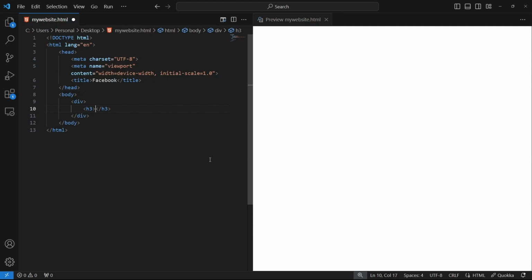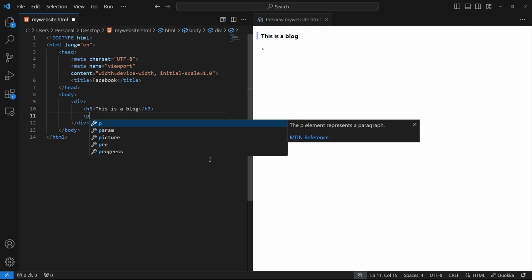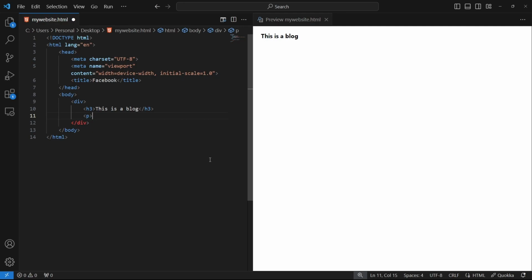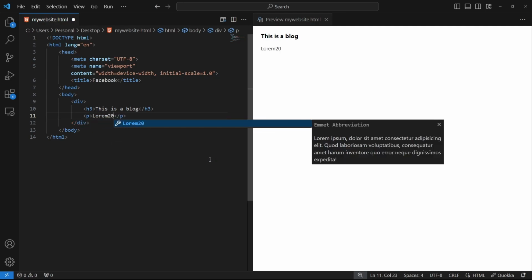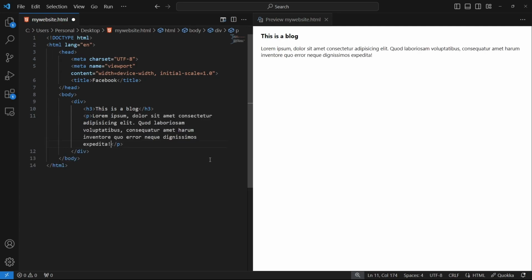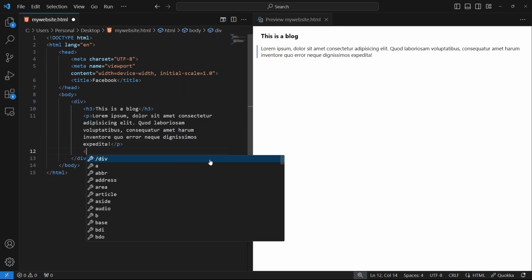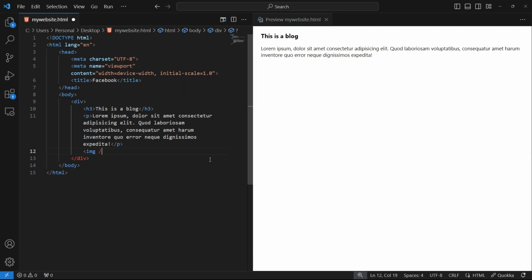So this is a blog, and then I have text in here, which is a paragraph of lorem for about 20 texts. So let's just press tab, and then let's just add some image on it that displays an image online.